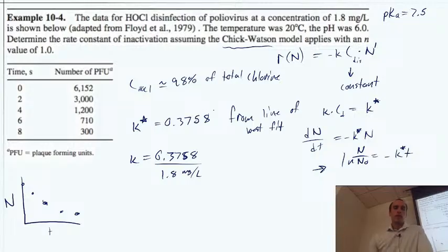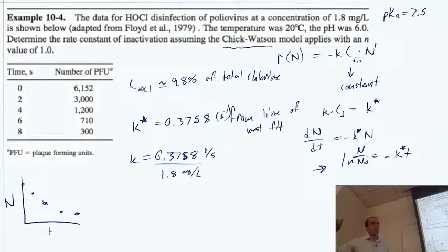And by the way, this 0.3758, we plotted that as a function of time, so our units have to be per second, because we were in seconds. So that would mean our answer is this 0.3758 divided by 1.8, and the units should be